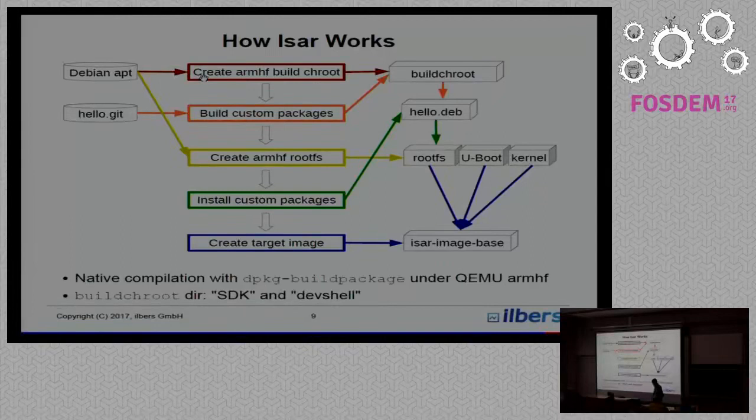So first, we create a build chroot. This chroot is a Debian installation where we build the packages that are needed, like our applications. Then we actually build these packages there, like in this example hello git, in this build chroot. In the current implementation, it is an ARM chroot, and we run it with QEMU